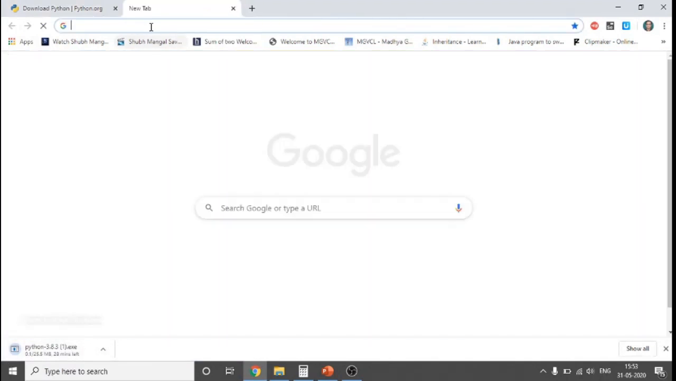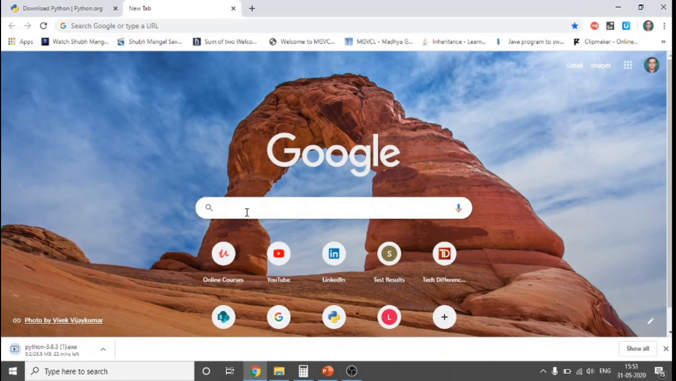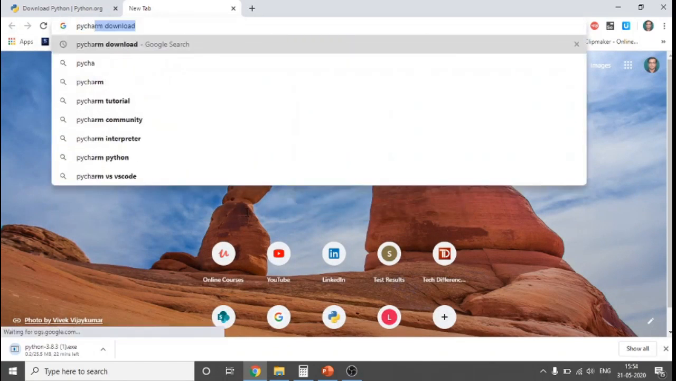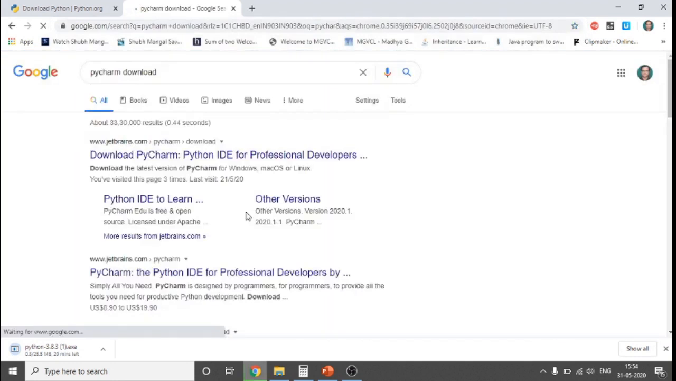Beside that, we can also download one IDE which is called PyCharm. This is the IDE which is very popular for writing Python code. So I will download that. If I go there,